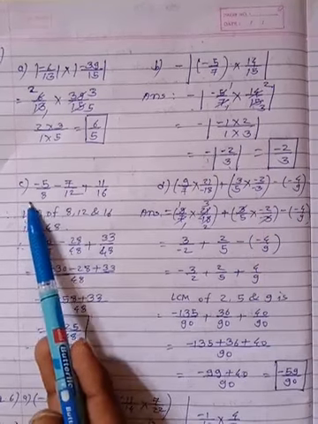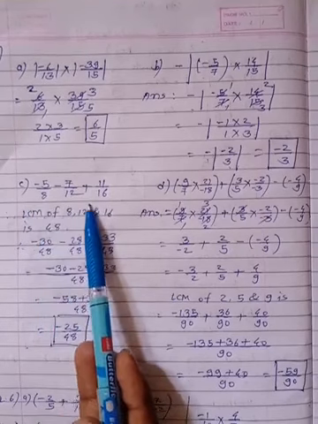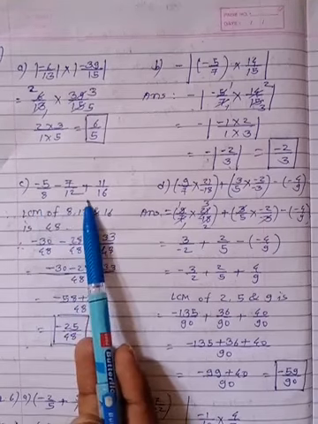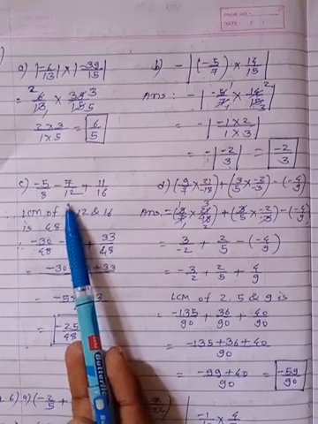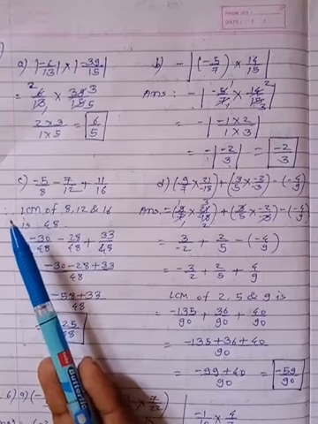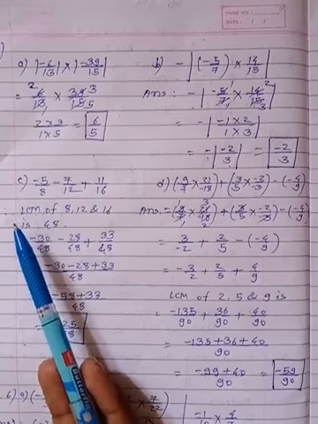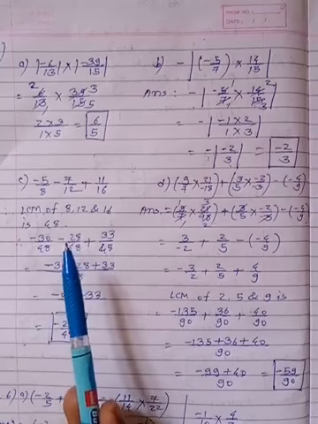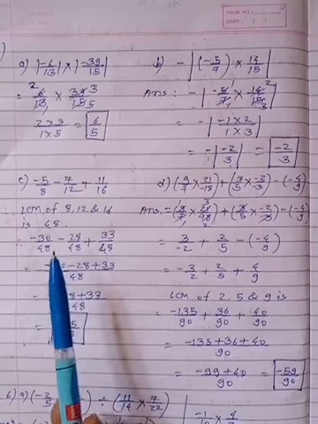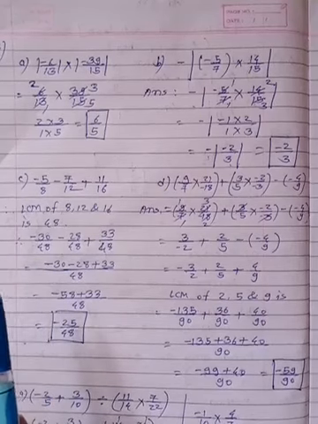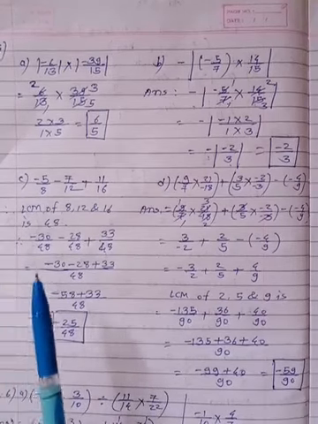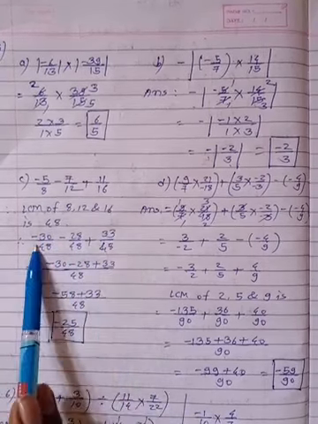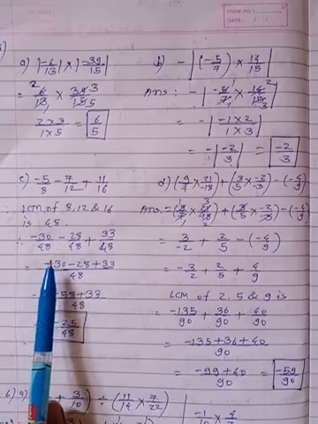Then this C number, student: here consecutive rational numbers are given, a sequence of rational numbers, and subtraction and addition simultaneously are asked of us. So if 2 or more than 3 rational numbers are given to you, student, several ways are there. You can find the LCM of all the denominators, convert all the rational numbers simultaneously into like form, and then apply the BODMAS rule over their numerators only. This process I have applied here, that is, the LCM of 8, 12 and 16 is 48. So I have converted all the denominators into 48.